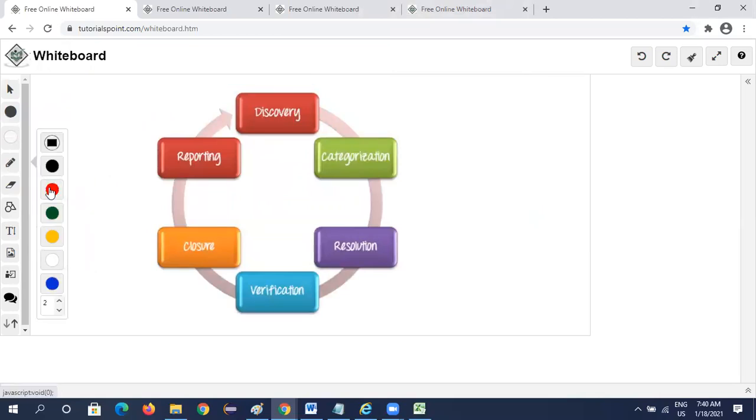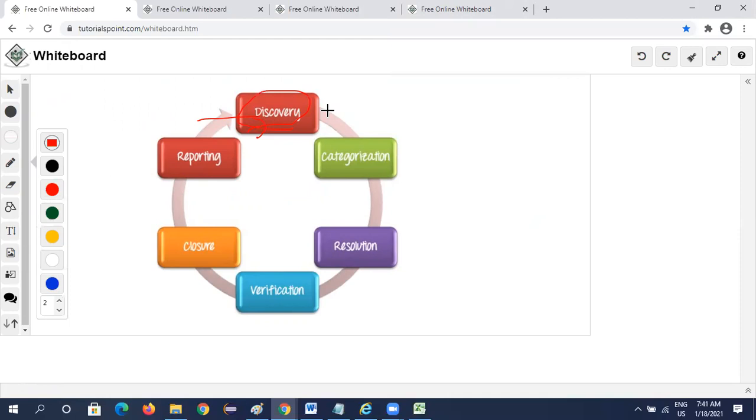So the first step in the process is discover. What we do is we first discover the defect. Later, we categorize it. We categorize the defect.